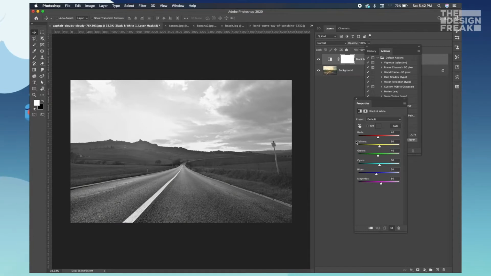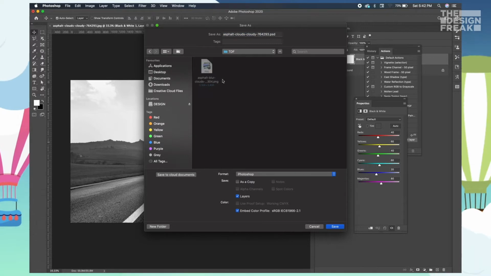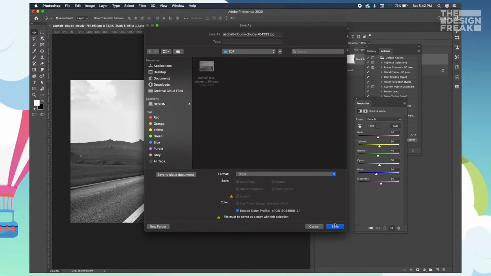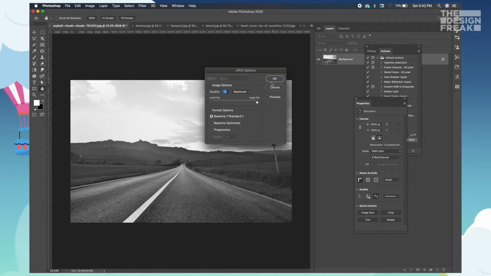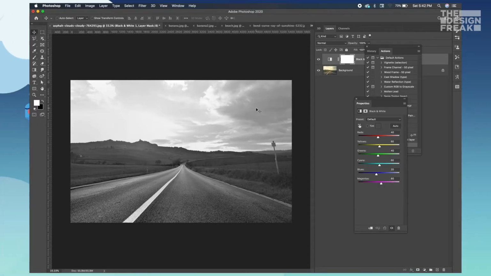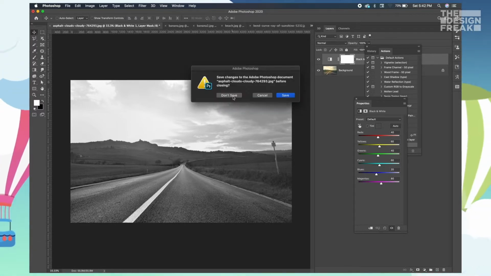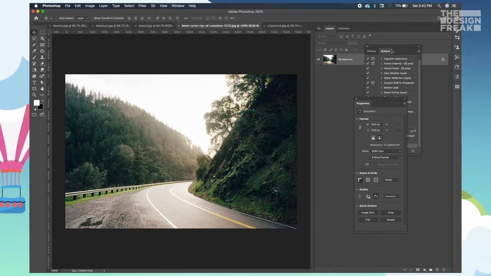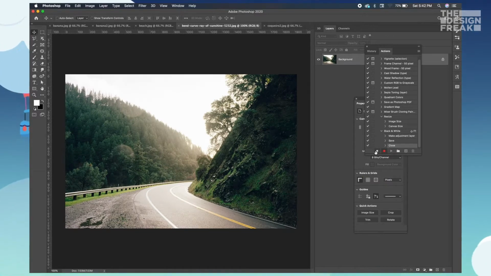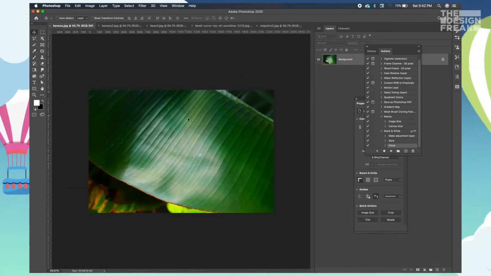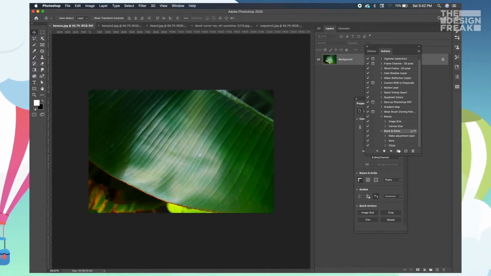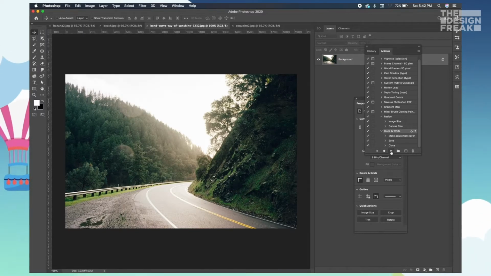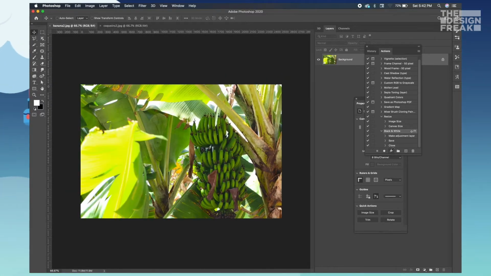Say for instance I'm okay with this and I'd like to go ahead with this and save it. I'm going to save as in my folder in a JPEG format. Save. Okay. And now if I want to close this, I'm going to press the shortcut Command W. Don't save because I've already made a copy of it. Now when I'm done with that, just press your stop button. Once that is done, for each and every image that you want to give the same kind of effect, you can go on black and white and click play. Go on this one, click play and keep pressing the play button.